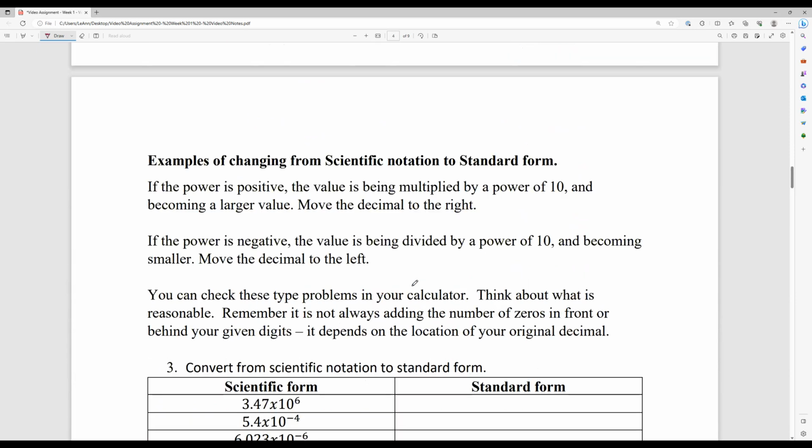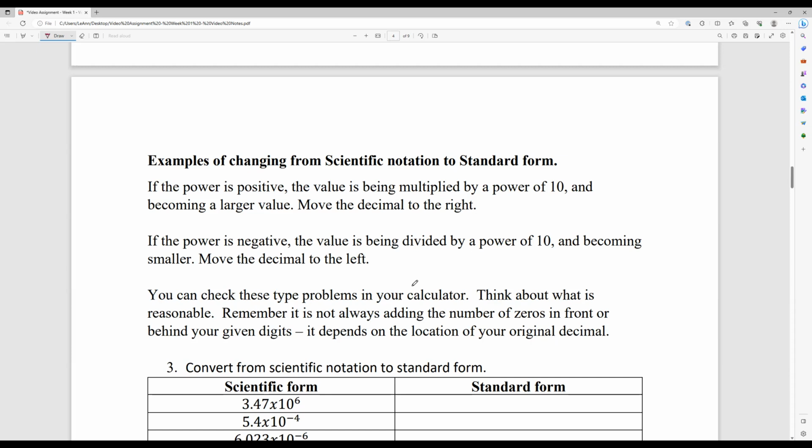All right, let's look at examples of changing from scientific notation back to standard form. So if the power is positive, we're going to be multiplying by a power of 10 over and over again. Like, think about 10 squared, you're multiplying by 100, or times 10 times 10. So your value is going to become larger. You're going to be moving that decimal to the right. Remember, those numbers that had positive exponents in their scientific notation form were numbers greater than or equal to